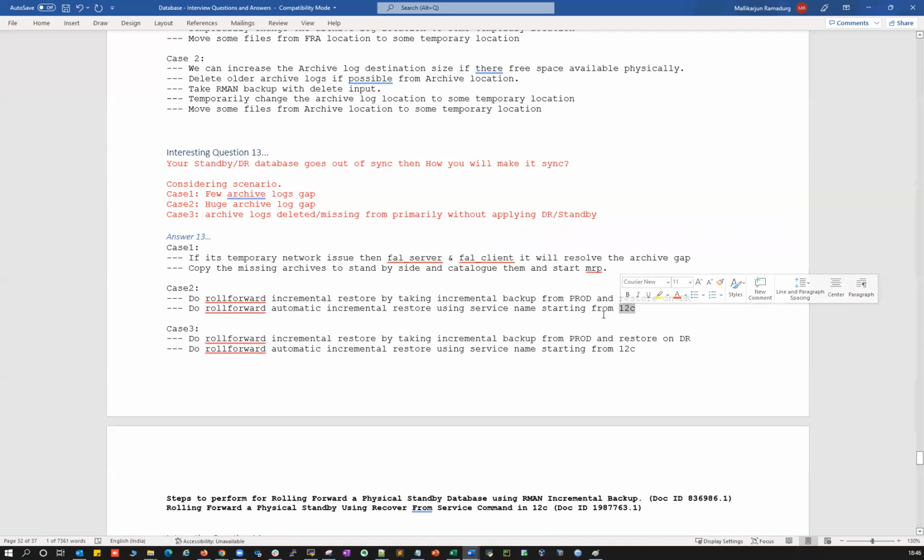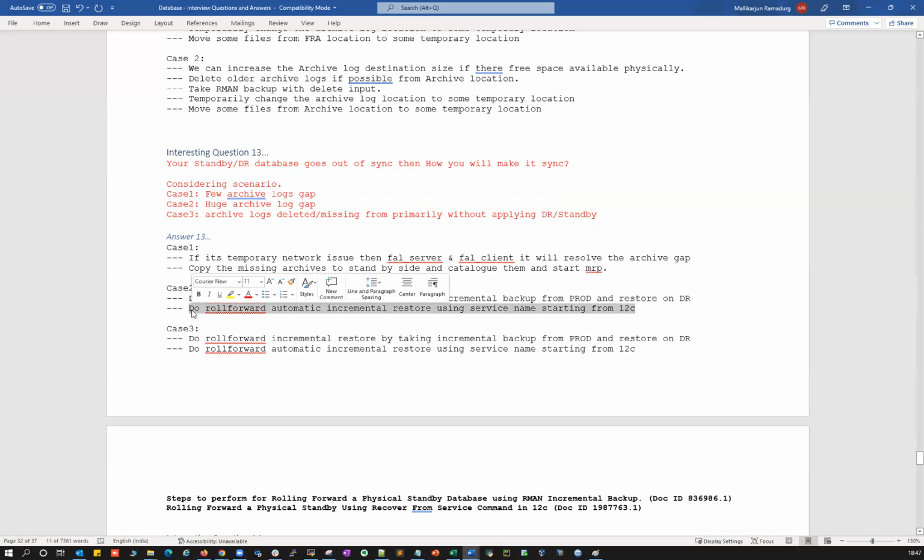Starting with 12c, we have this service based roll forward on your standby side. You can use any one of these two methods: incremental backup on the primary side and restore it on the DR side, or without a backup, you can directly do a service based restore from your DR side. It will automatically connect to your primary, take a backup, and restore it on your